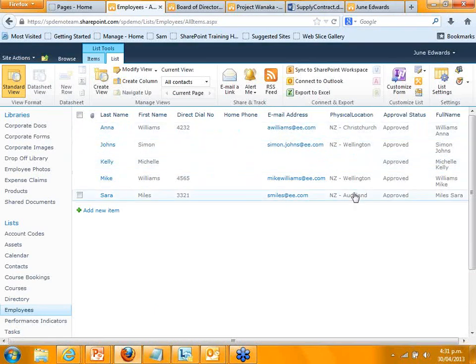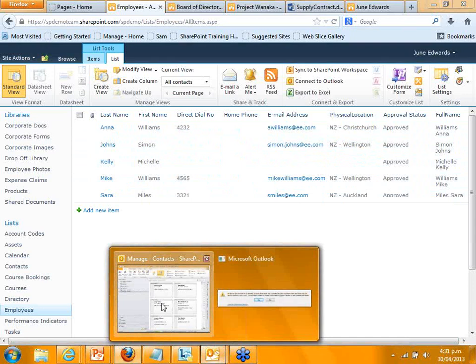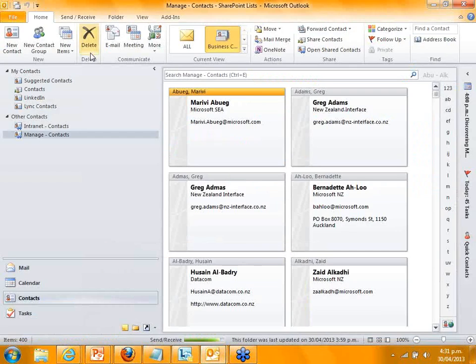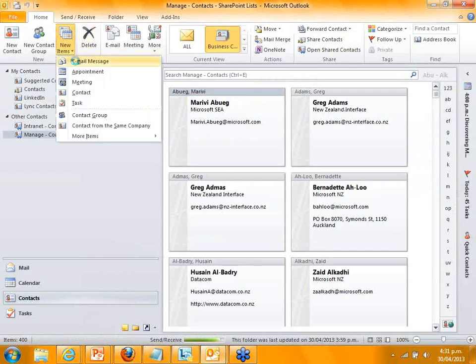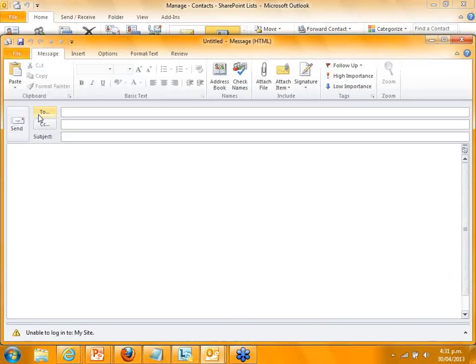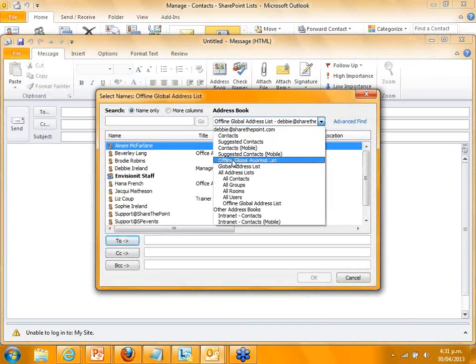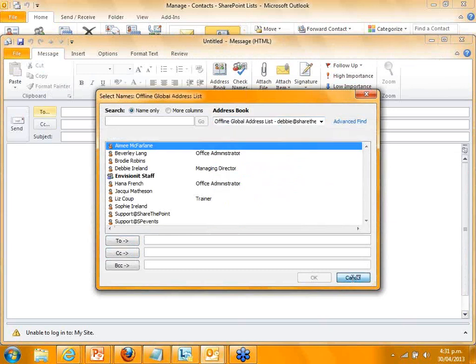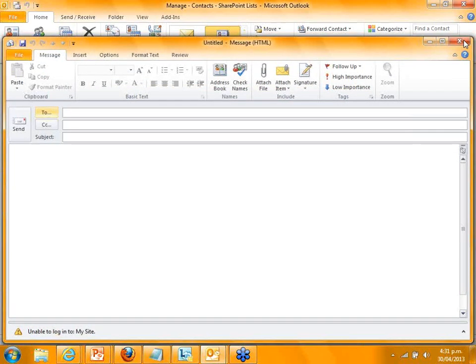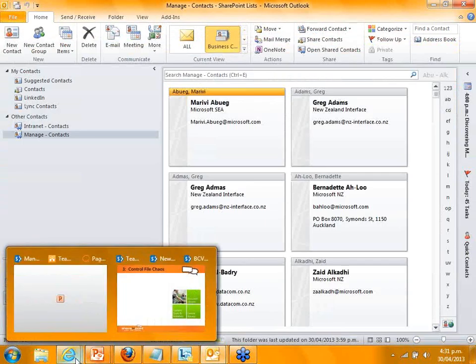You can store all sorts of information within your SharePoint site, but you can also go back and you can see them in here. Or if I was to send a new email message, I could go ahead and I can actually see those lists within my other list, if I want to send it from there. So it means that I've got all the information nice and handy to me.